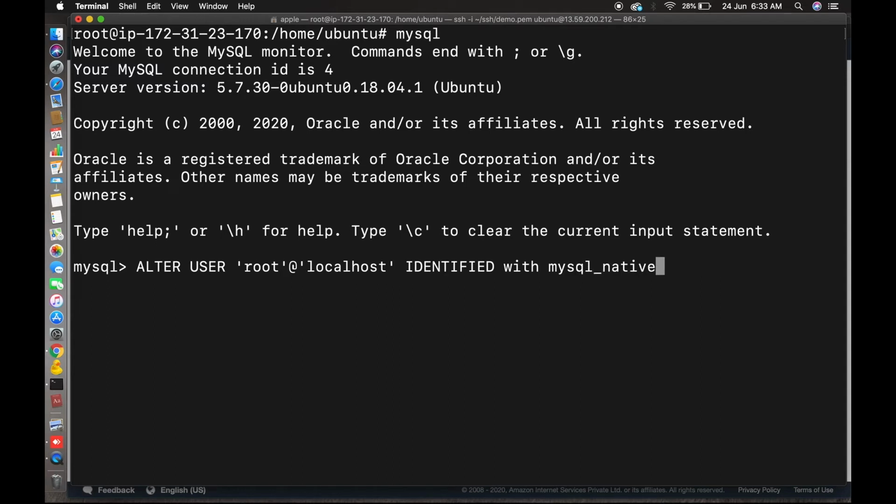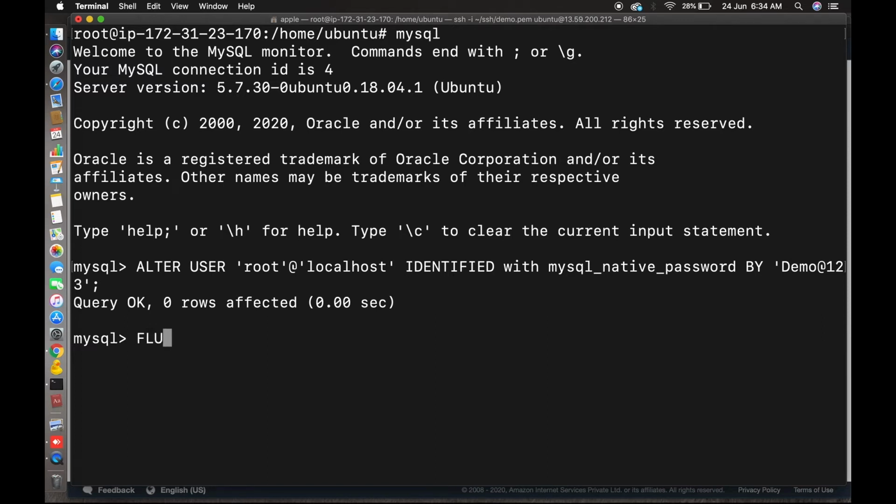The simple command is: alter user root@localhost identified with mysql_native_password. This is optional. If you access only through the application this is needed, otherwise you can skip it. With MySQL, simply write identified by demo@123. This is your password. Once it's done, yes, done.